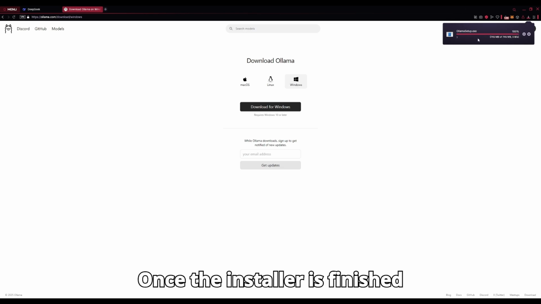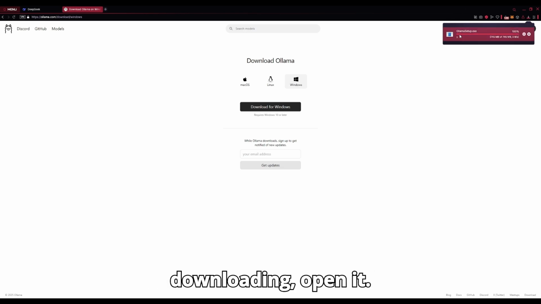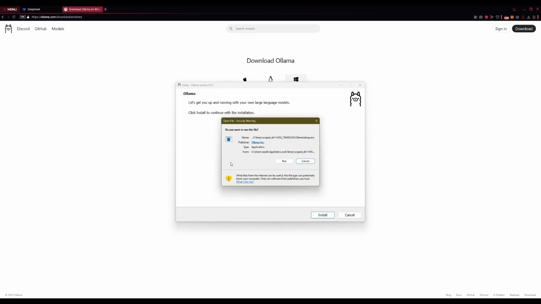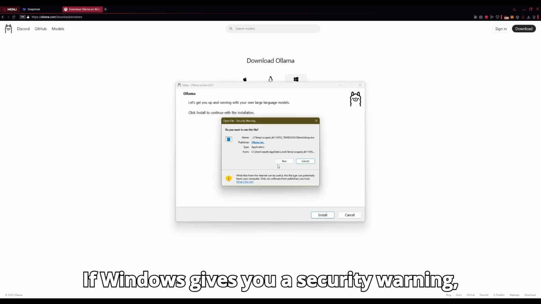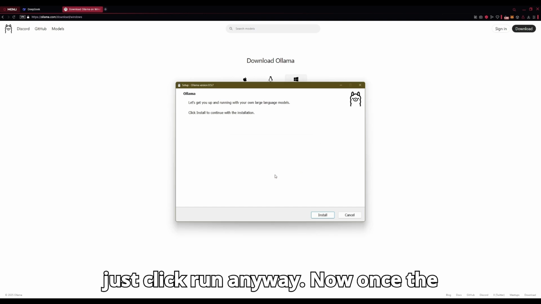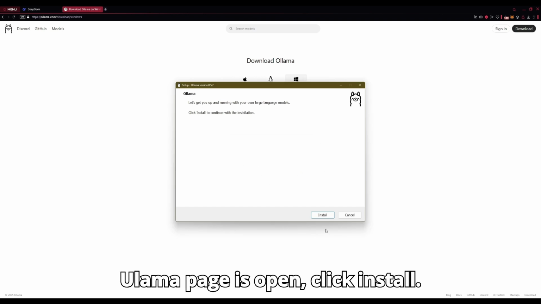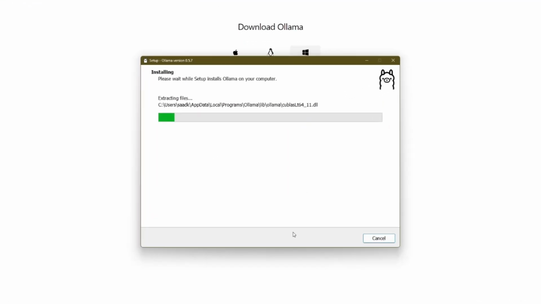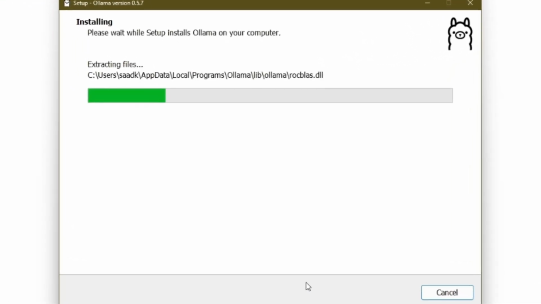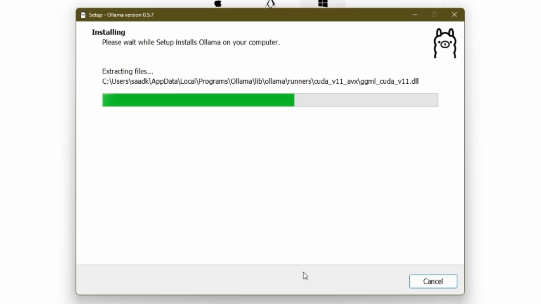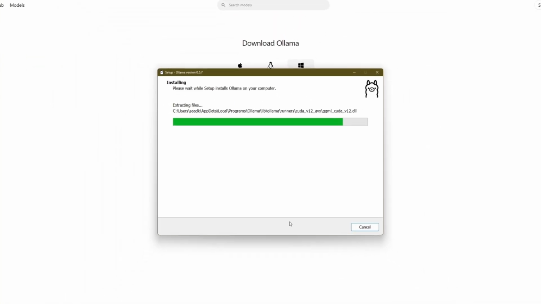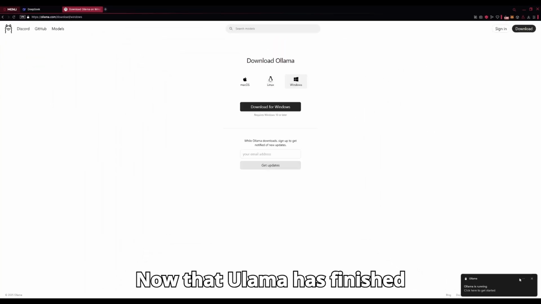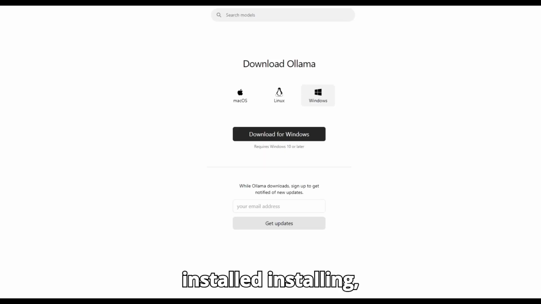Once the installer is finished downloading, open it. If Windows gives you a security warning, just click Run anyway. Now once the Ollama page is open, click Install. Now that Ollama has finished installing,